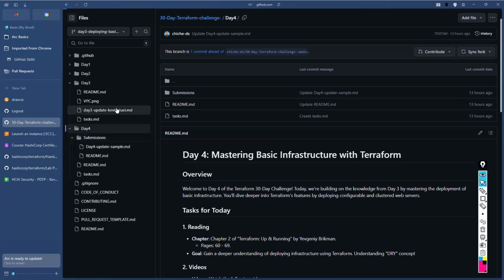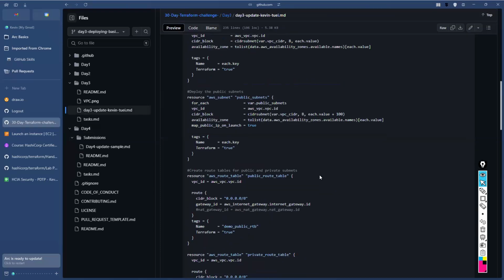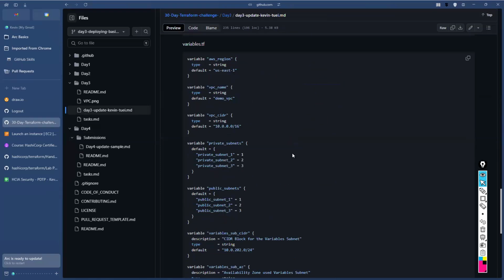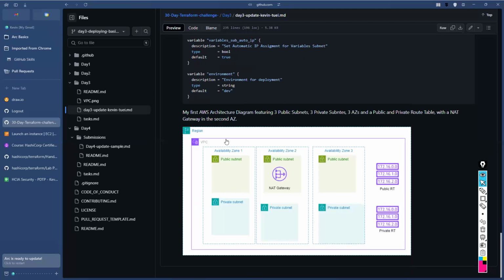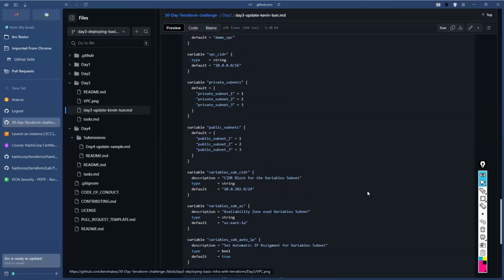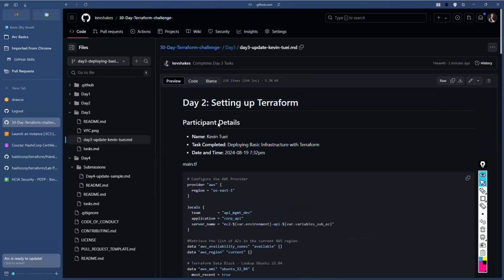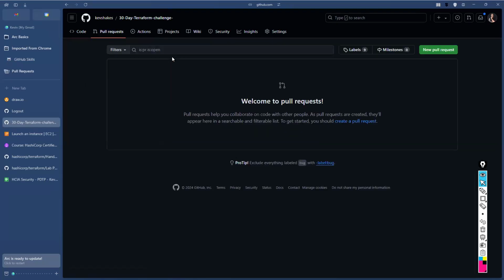So you can see mine is working. I think everything is here. My code, my variables, and even my architecture diagram, just to prove that I did my architecture. So once I see this is good enough, I can come in here, go to pull requests. Remember, I'm comparing with,